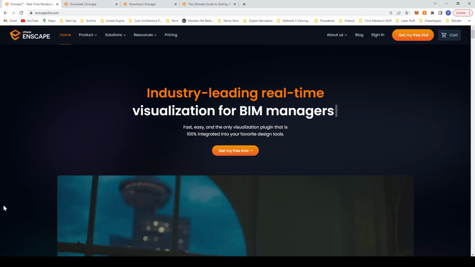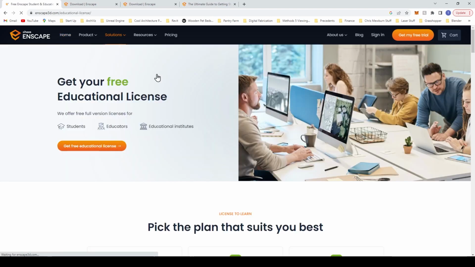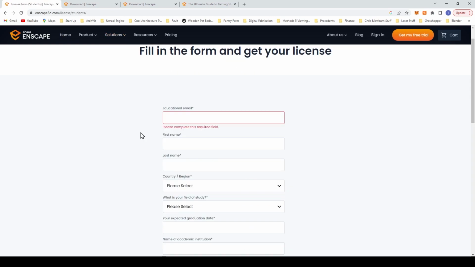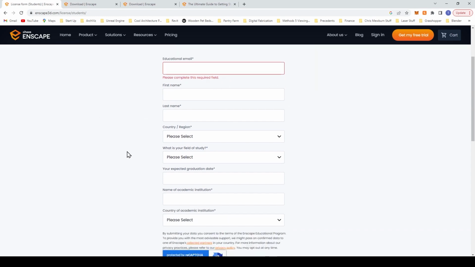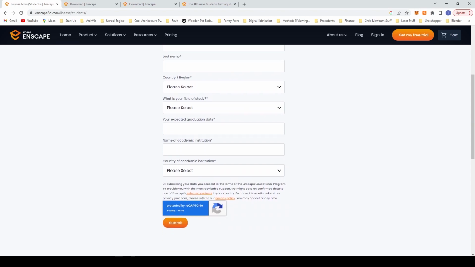All right, time to install Enscape onto our computer so that it runs in SketchUp. What we need to do is go to enscape3d.com. Under the solutions page, we want to get a free student license. Click on students, get free educational license, student, get free license. Then you want to put in, very important, your Curtin email. So that will be your name at student.curtin or your student number at student.curtin. Either is fine. All of your information, then it's going to do a reCAPTCHA, and you're going to get an